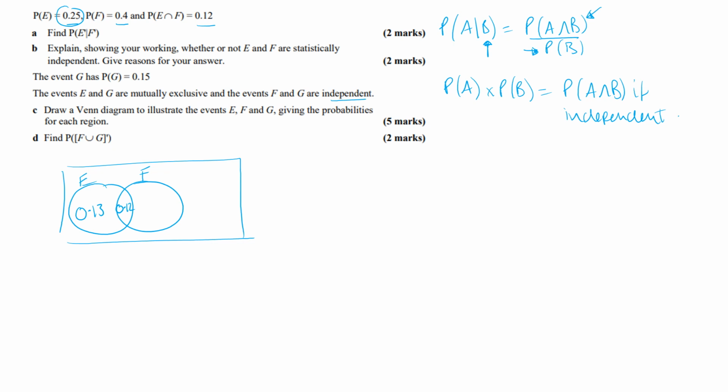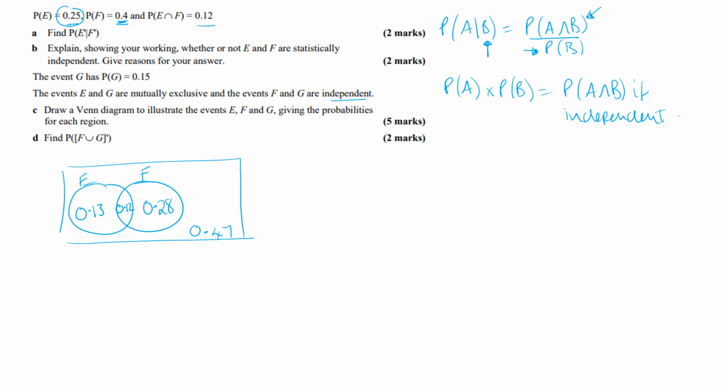So all of E's circle does come to 0.25, and that will give us that E is 0.13. If we want to make F's circle add to 0.4, we need to again take the 0.12 off, and then that will be 0.28. Now, if you just look at F's circle, it all adds to 0.4 plus the E bit, that will be 0.53. So on the outside will be